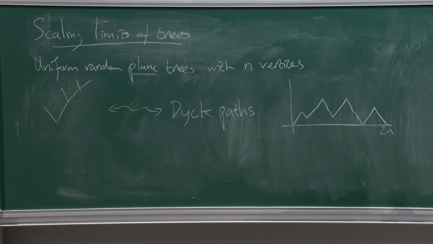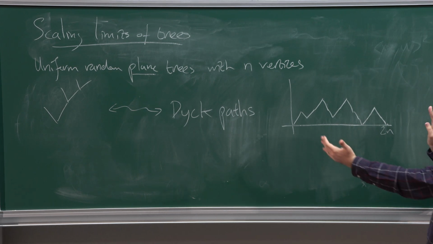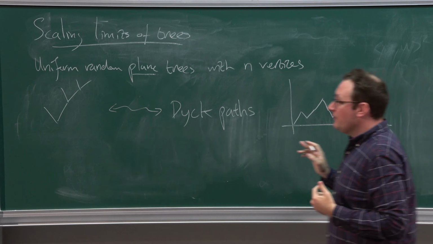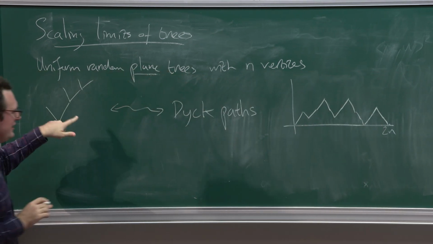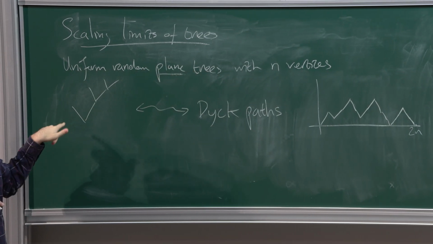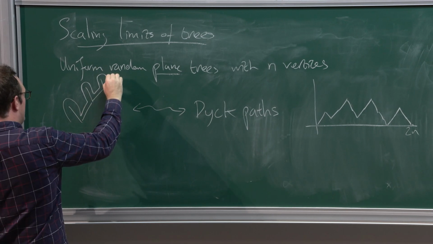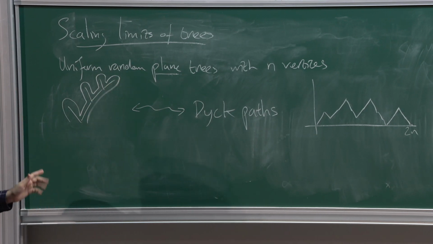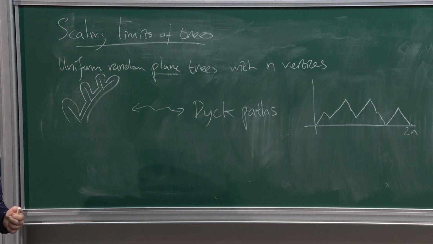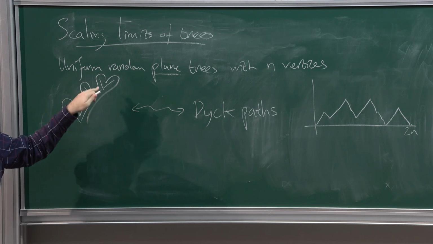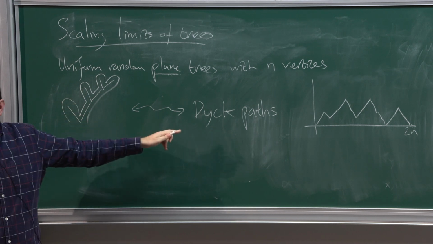Okay. So what is the bijection? Well, you just take one of these paths and you squish it together. Okay. So it's a bit easier to see in the other direction. If you have the tree, you can follow what's called the contour of the tree, right? So you keep your right hand on the boundary of the tree, and you walk around, and you keep track of how high you are, right? And this gives you one of these Dyck paths.